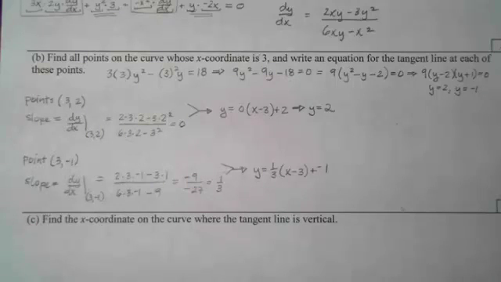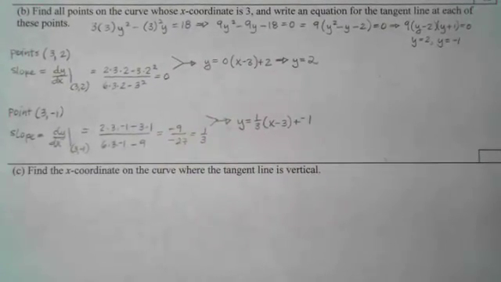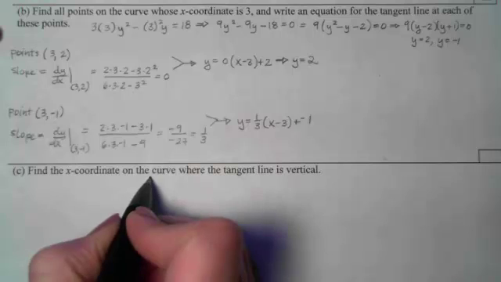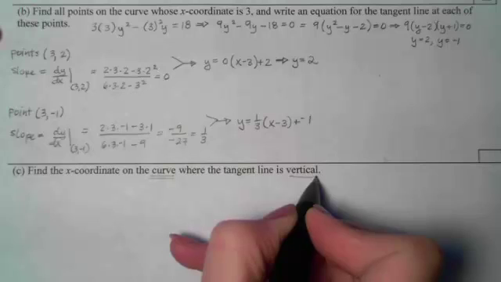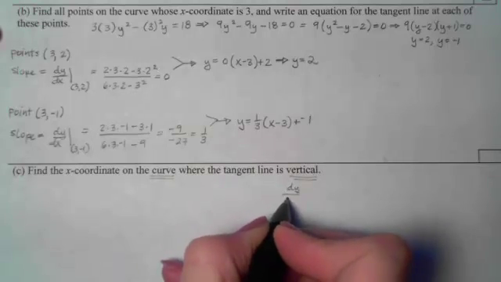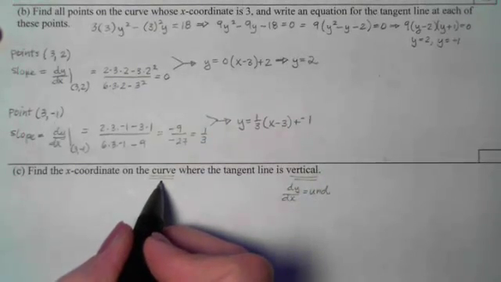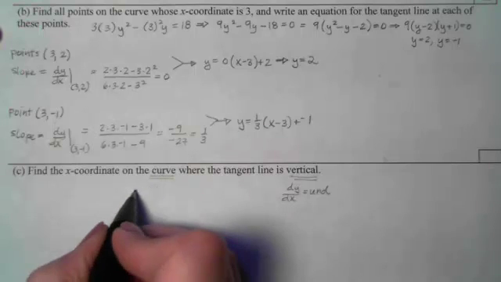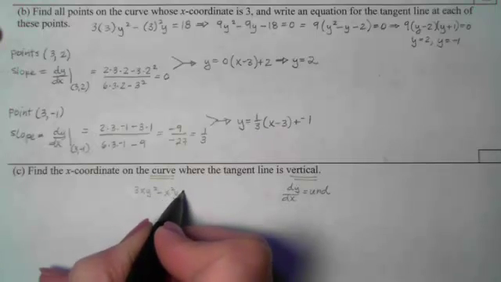Okay, last part, C. I want to find the x-coordinate on the curve where the tangent line is vertical. So what this means is we have two pieces of information that have to be satisfied. The first is we have to be on the curve, and the second is the tangent line has to be vertical. So a vertical tangent line means that the slope is undefined. And on the curve means that we satisfy that initial equation, which was 3xy squared minus x squared y equals